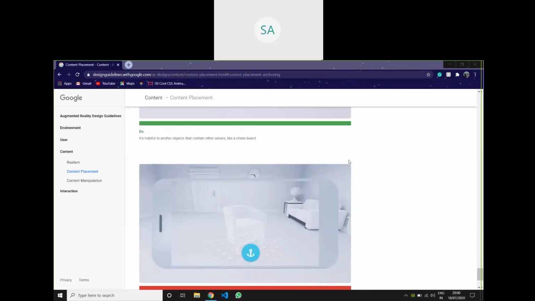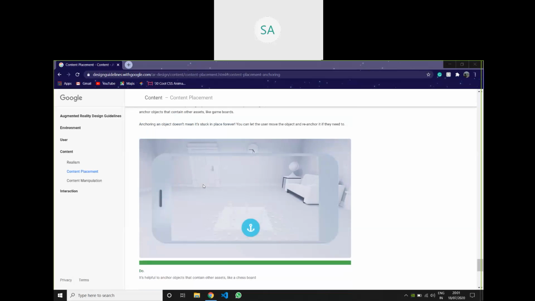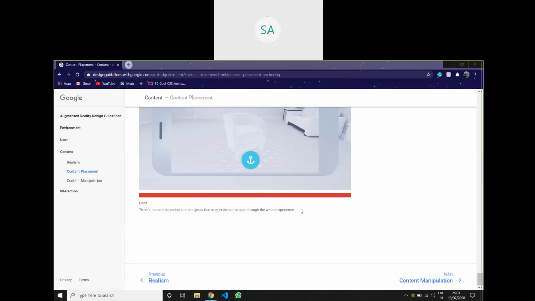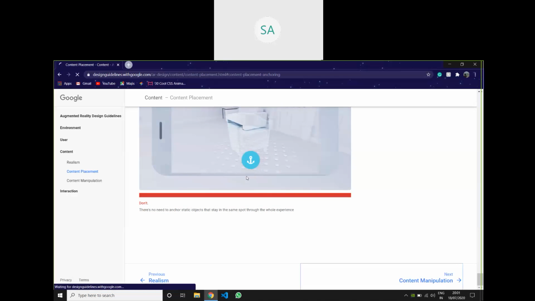And then there is no need to anchor static objects. This chair isn't going to move anywhere in the real world unless you move it. But here the chessboard is going to stay there, but the pieces are going to move, right? So that is how it's done. And then when it comes to content manipulation,